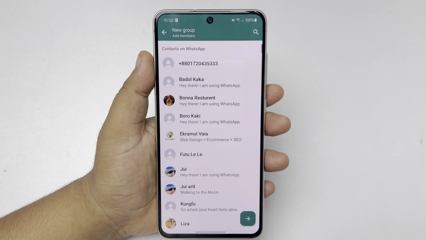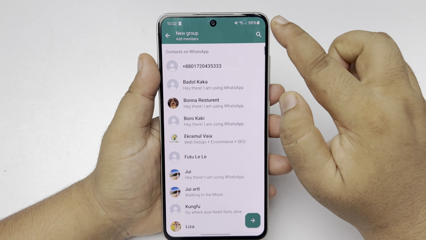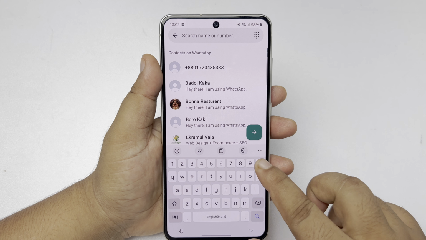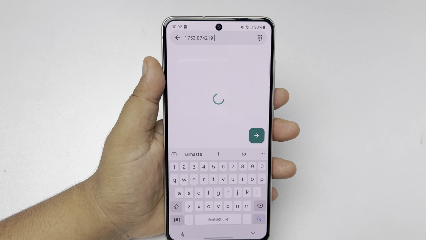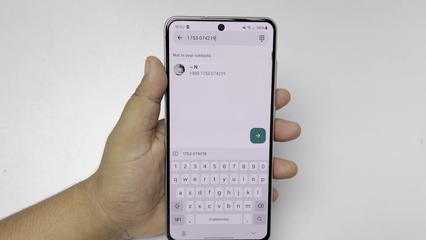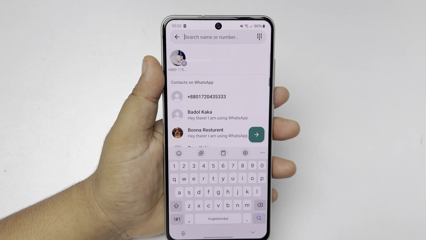In this situation, we will add ourselves in the group. So tap on this search icon and here you have to write your own WhatsApp number. And here you will find your WhatsApp. Just select your WhatsApp and just tap on next